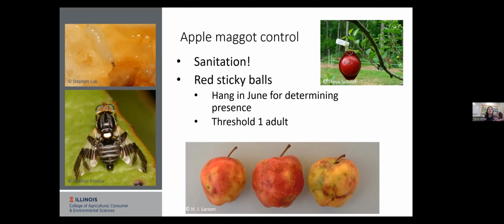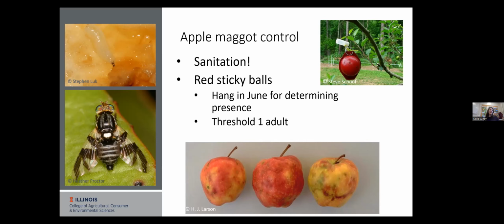So sanitation is very important here, much like it is for plum curculio. Any pest that causes fruit to drop means you need to try to get as much of that fruit out of the orchard as you possibly can. Again, understanding that in large production, that can be really hard, but it still stands to reason that it is worth attempting. It is an important part of your IPM strategy to do your sanitation. And you can't just go lay them someplace else. They have to be destroyed and not on your property.